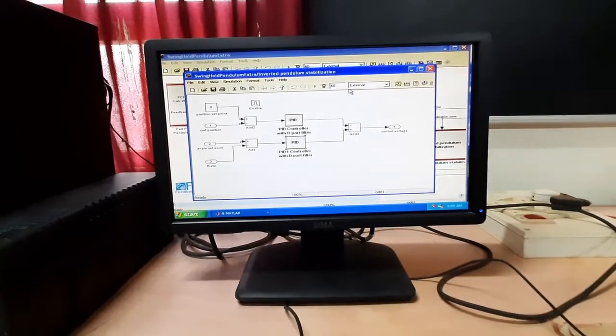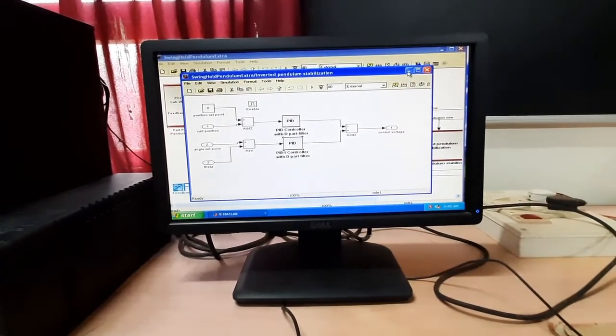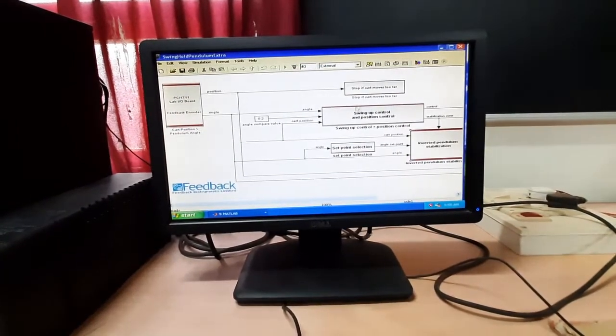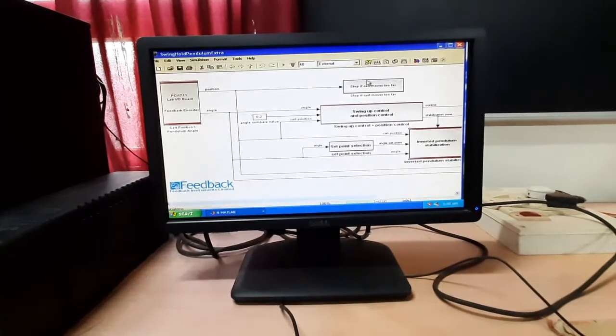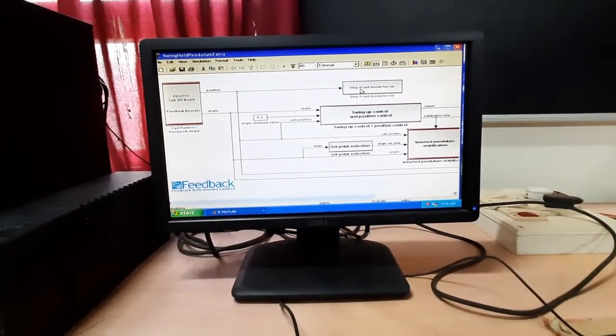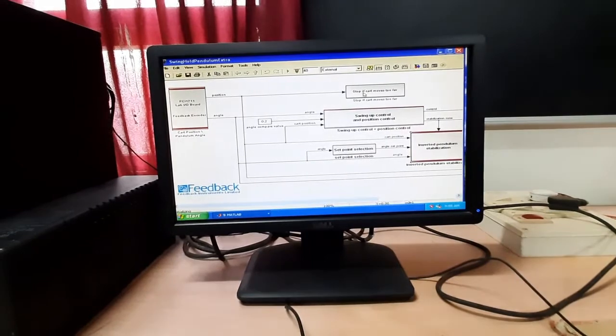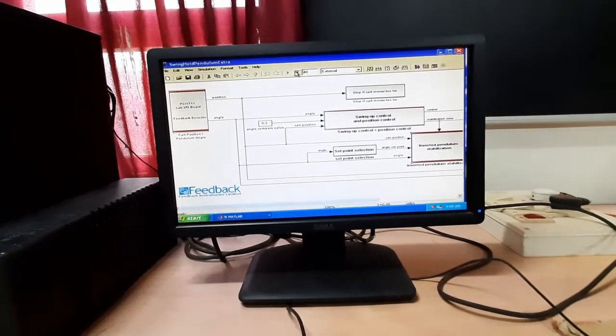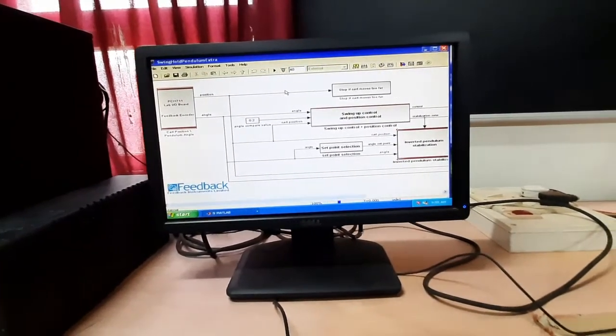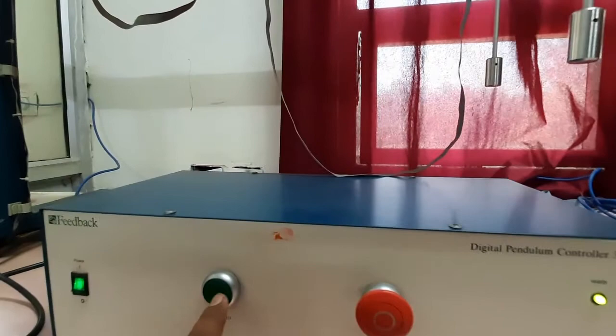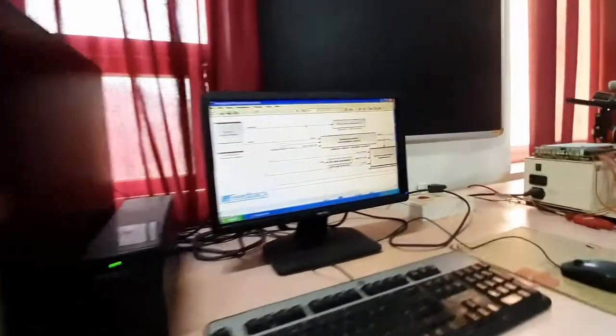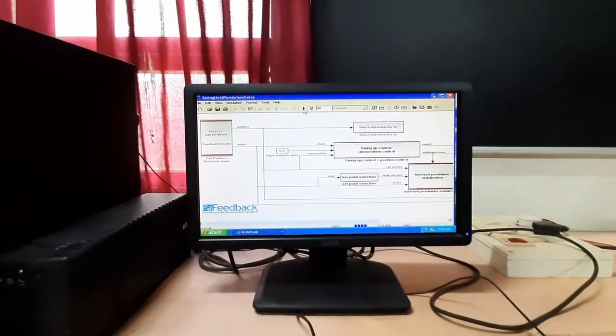Then the same process: build, then connect to target, then the start button, then play.